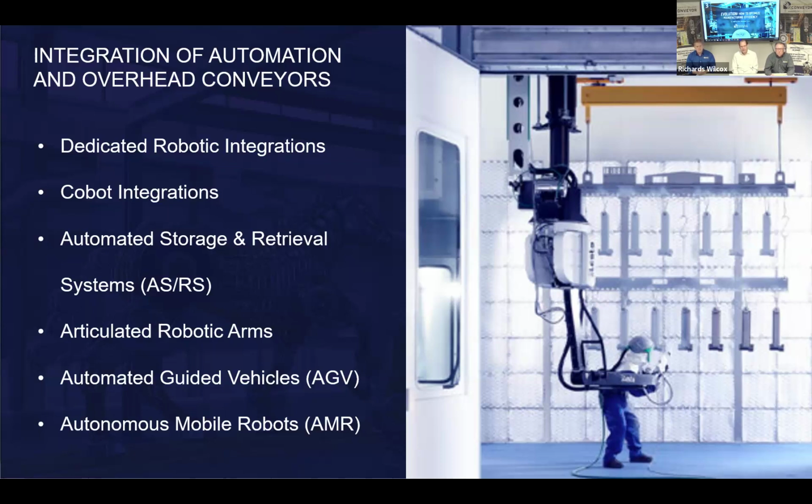And there's all kinds of different potential there, right? Everything from dedicated robotic integrations. We've looked at several of those. What this picture on the right shows is a cobot type application where the guy in the background is actually teaching a paint gun how to paint. It doesn't require advanced programming and a huge ordeal. The guy just goes out there and the very first part he paints, the cobot remembers it, and then he can walk away and they can continue to